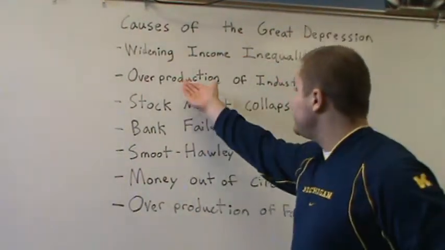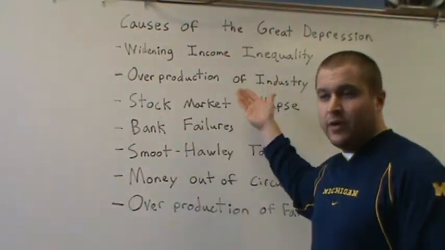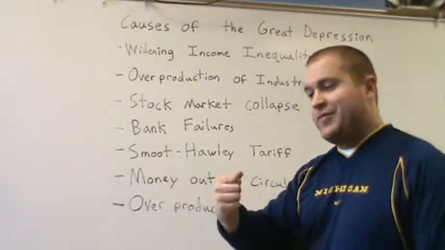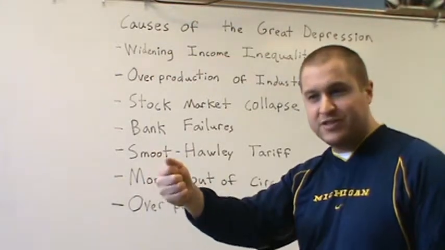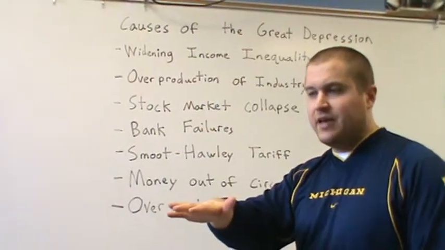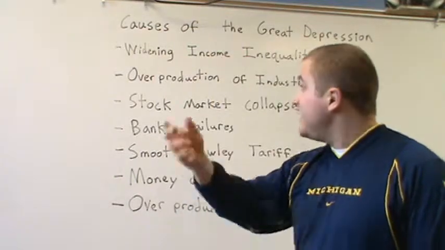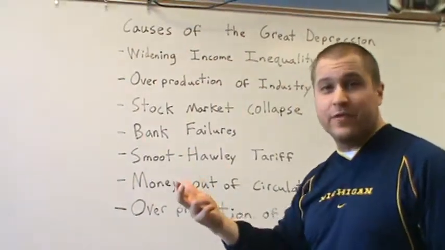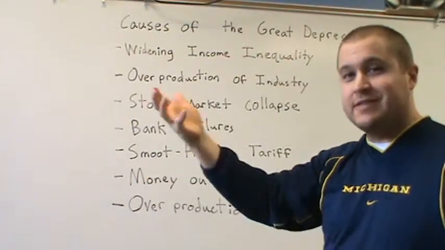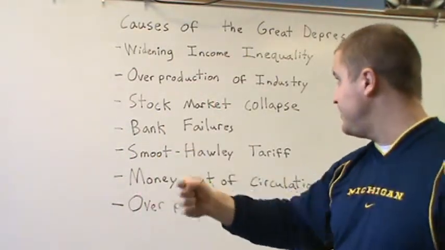So once you start laying off workers because you've overproduced as a factory, and if enough factories are doing this, then the consumers out there, the workers, have less money in their pockets and can't buy as much. So it starts to become a cycle where the overproduction causes a reduction in hours worked. Reduction in hours worked creates less income for the working class. Less income for the working class means that people can't buy as much, which means factories have to lay off. So you start to see a vicious cycle feed back and forth into itself.